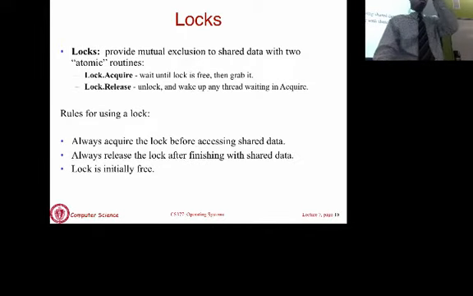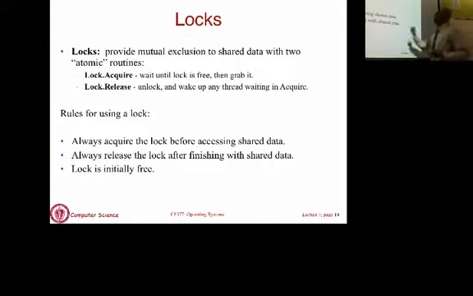Okay, so before I show the solution, I want to just define how locks work. There are two methods for a lock: acquire and release. Okay, that's pseudocode. The way lock acquire works is whenever a thread calls lock acquire, this method is going to check whether the lock is free or in use. If the lock is free, you get the lock. If the lock is in use, you are blocked. You have to wait until whatever thread is holding the lock releases it. Okay, so if you try to grab a lock and some other thread holds it, you will actually wait, meaning you will be put to sleep and then you will be woken up.